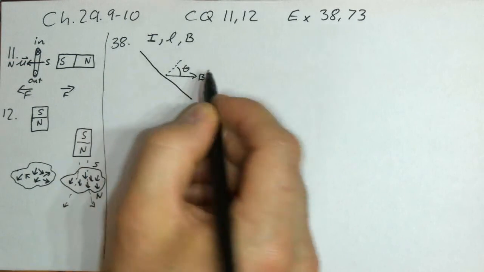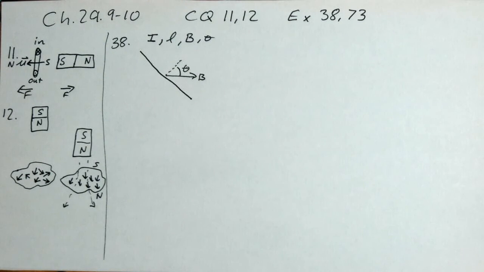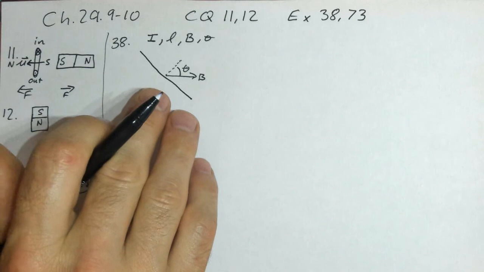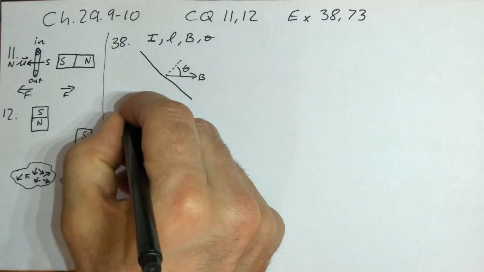So this is B, and I know theta. So we know theta, we know the B field, we know the length of that wire loop, and we know the current. The question is, what is the size of the torque? Okay. Well, we've analyzed this thoroughly in a previous video, and we now know that the torque on a loop